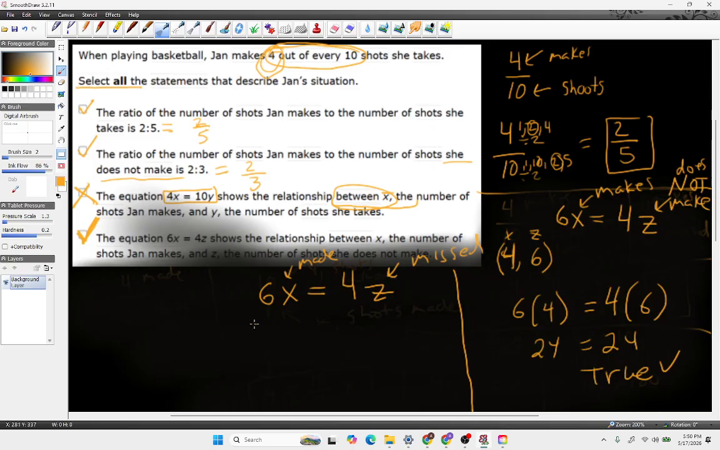So let's find out. 6, substitute 4 for x. We're going to solve for z. So that's 24. 6 times 4 is 24 equals 4z. Divide both sides by 4, and we have 6 equals z. So that also confirms that this is correct. So the first two and the last one were true. This one